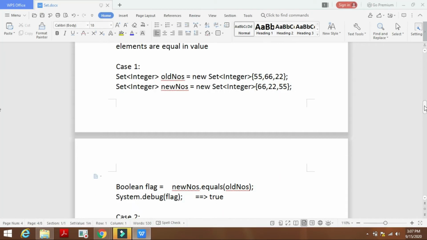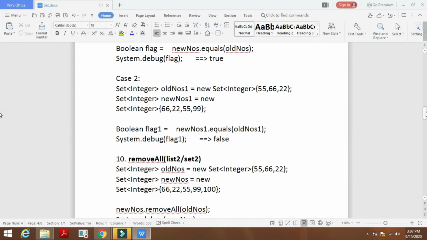So next case is also the same type, but here the numbers are not the same, the elements are not the same in both sets, so that's why we'll get the result as false. Okay,